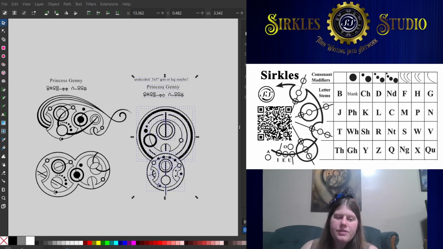Hello and welcome to the transcription explanation of these designs. They all three actually say the same thing, which is Princess and Genny, and it says so using this key,